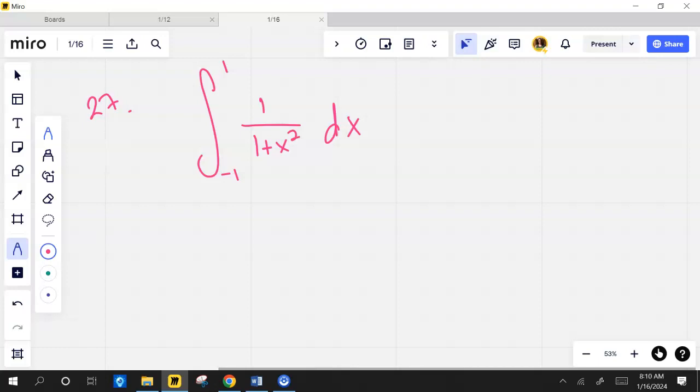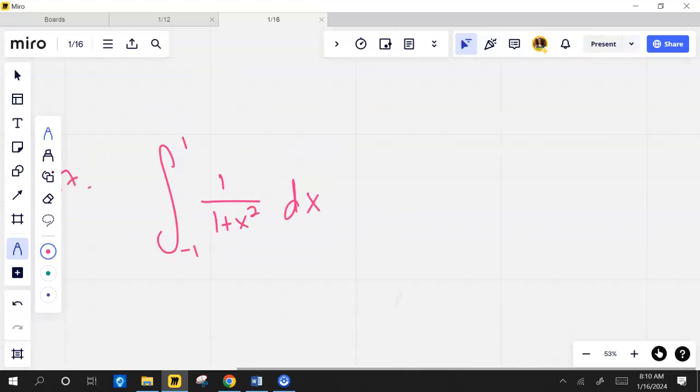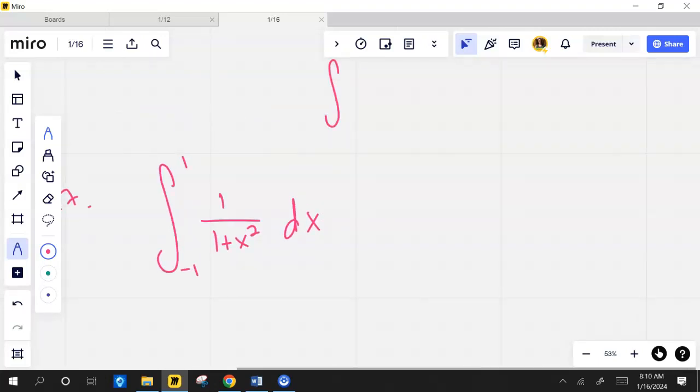So the goal here, what we're doing, if we can't find the area under geometrically, we're going to find the antiderivative. And then after we find it, so if we've got the integral from a to b of f of x,